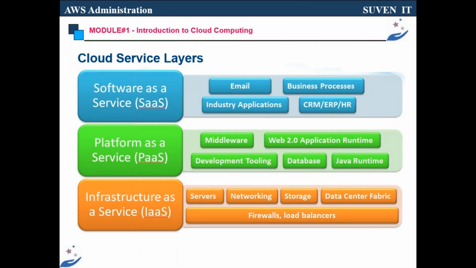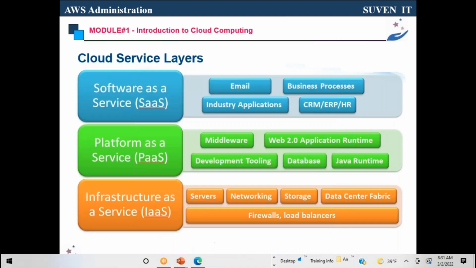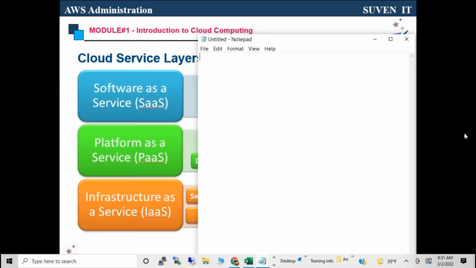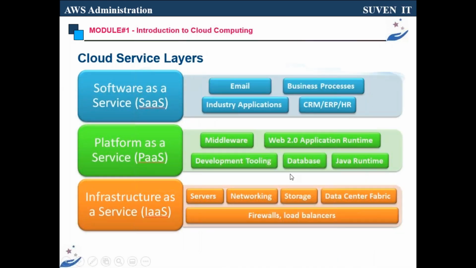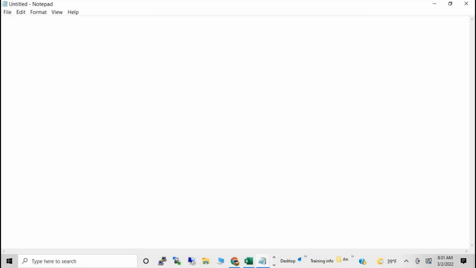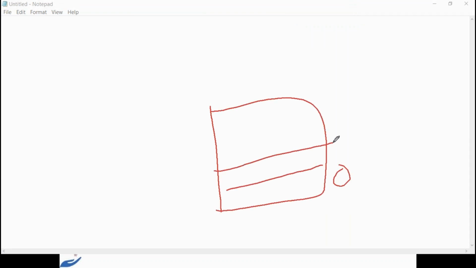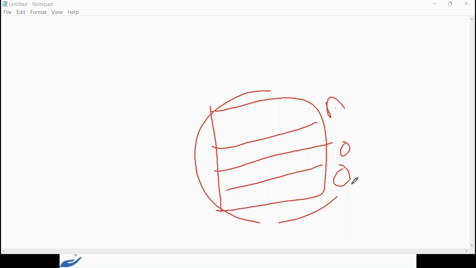The example for infrastructure as a service: suppose I go to a company and I want to buy a server. I can just buy the server. That is the infrastructure as a service model. Then once I buy the server, I can install the operating system, my own database, and my own application, and use everything.